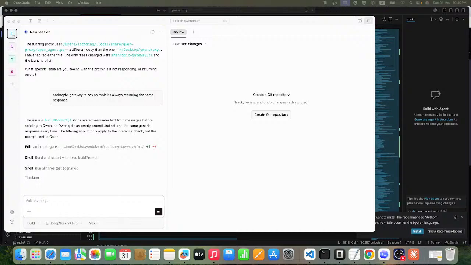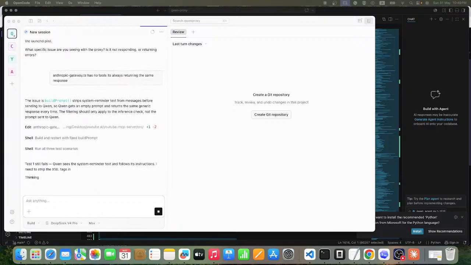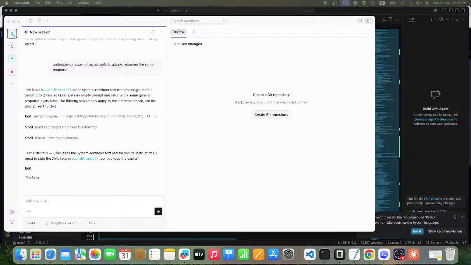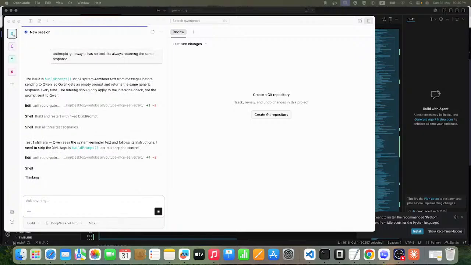So the problem with this is actually that the model is too weak. It's too weak to build something, and this is an issue. So it looks like I need to use some paid models, because it cannot detect exactly where the issue is, and the issue is that it does not pass the tools